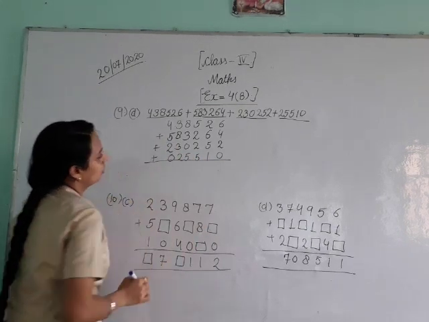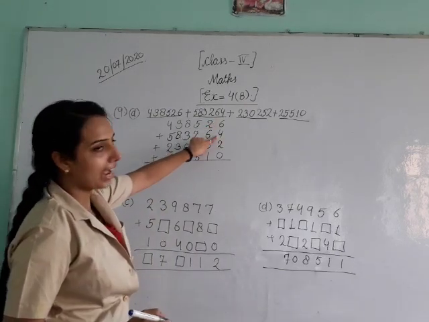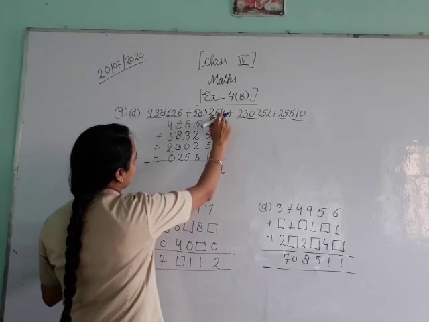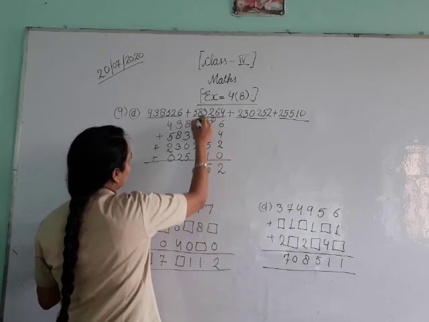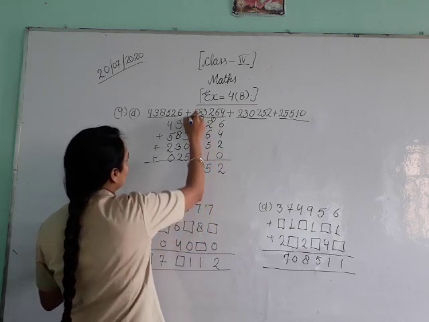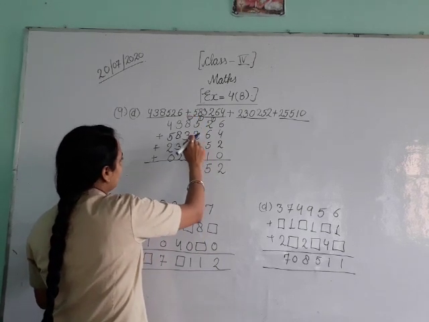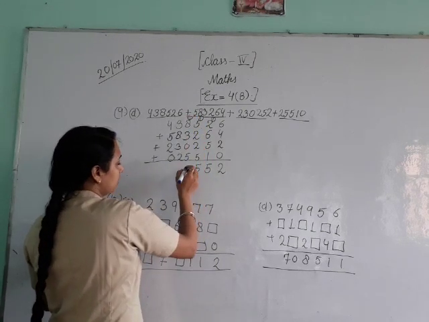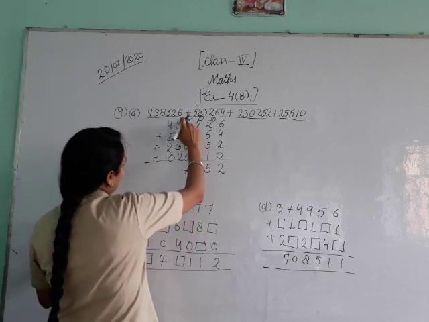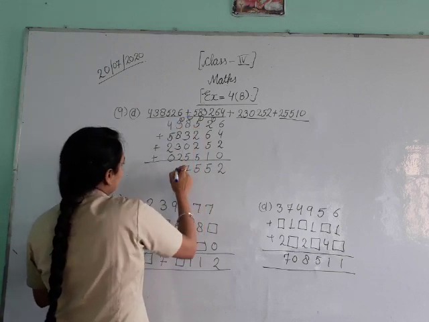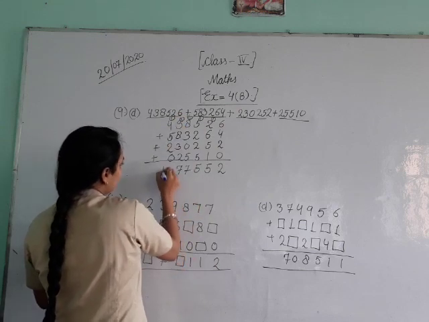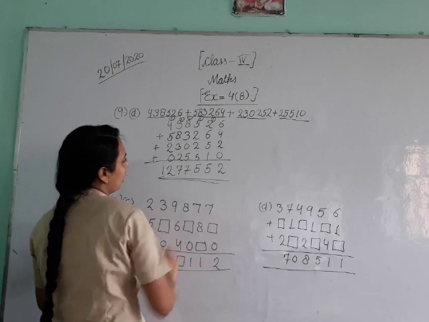Okay. Now let's do 6 plus 4, 10 and 2, 12. 1 carry, 6, 7, 8, 9, 10 and 5, 15, 0, 5, 10, 14 and 15, 1, 8, 9, 10, 11, 12, 12 and 5 are 17, 8, 9, 10, 11 and 6, 17, put here 1, 5, 6, 7, 8, 8 and 4, 12. So this is your answer.